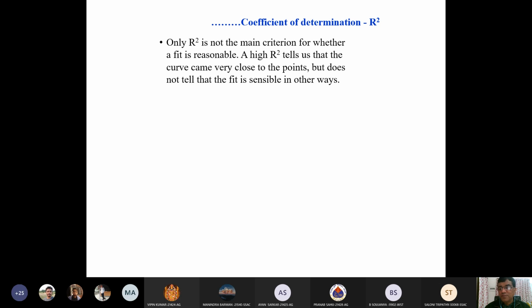Suppose your R square is even 1. They say it is not the best. One should go for residual analysis. And in the case of residuals also, they go for F test, T test, and so on. So actually, this subject is very big, a very large subject. So we will not go into that much detail. I think we can stop here.